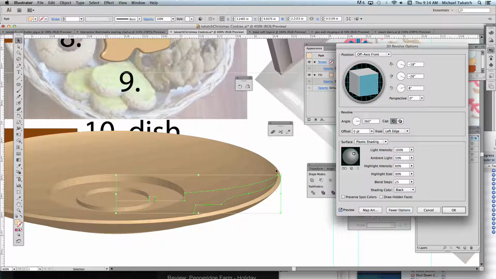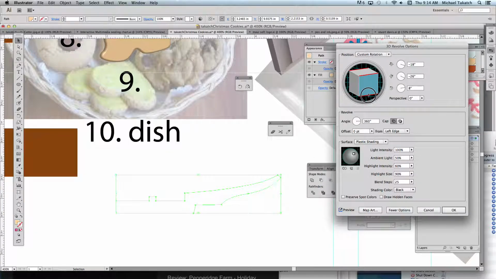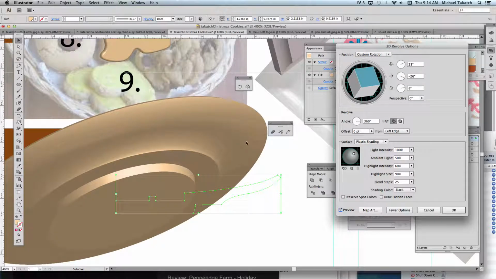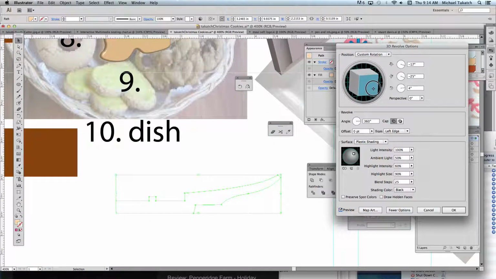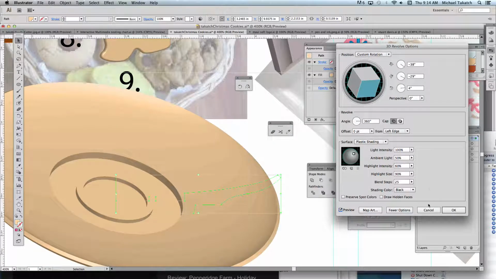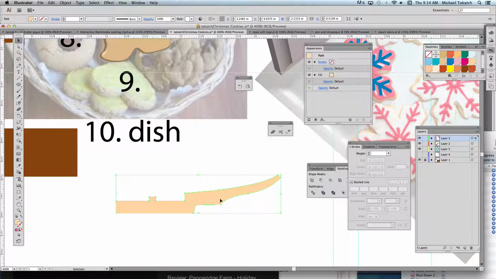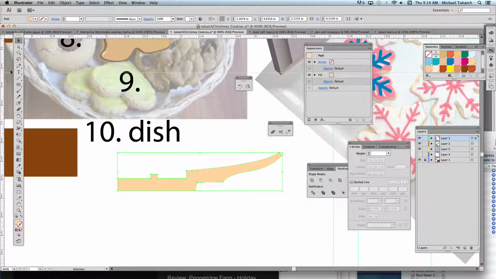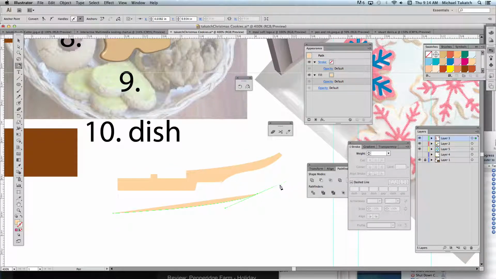If I can't see the bottom half, what's happening there, I can also just rotate that around, and you'll be able to see what the bottom part looks like. So it's just giving you a little bit of a look-see to see how to put some of those together. So it gives you the idea of doing this dish. The easiest way to do this is to take the pen tool, and even if you just do a straight segment,